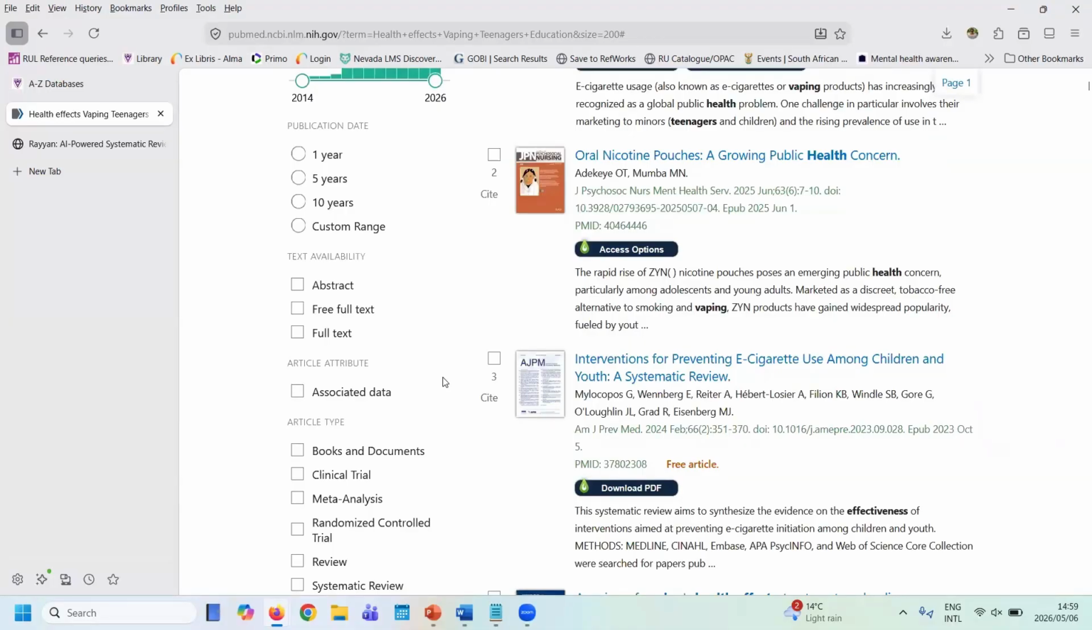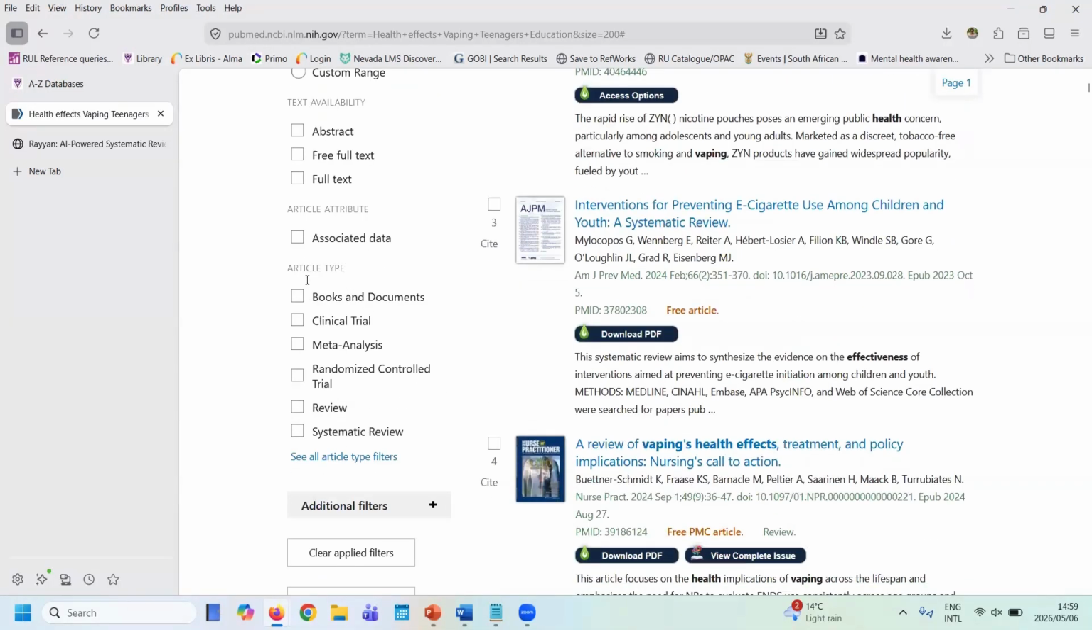On the left-hand side of the screen, you can already see that you can limit your search results to the various types. So if you were looking for systematic reviews, you would then select systematic reviews or review. But at this point, we're not going to do any selections. What we're going to do is,